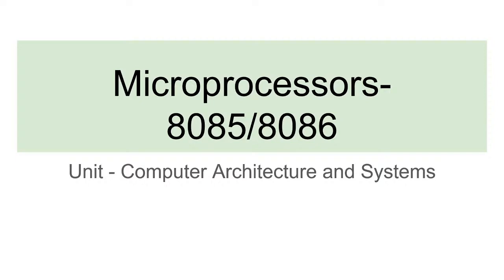So in today's class, we will see the specifications of the microprocessor 8085 and 8086. We have two kinds of microprocessors that we need to study in this subject, that is microprocessor 8085 and 8086. Okay, so 8085 is actually an 8-bit processor and 8086 is a 16-bit processor. Okay, so we will see the main things in the questions that are asked in NTNet from this topic.